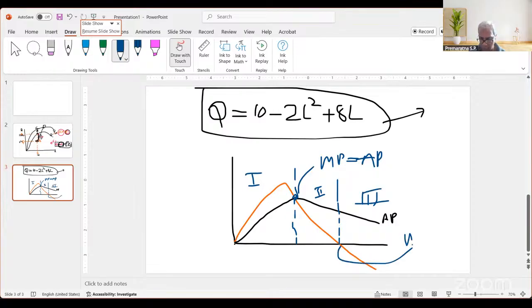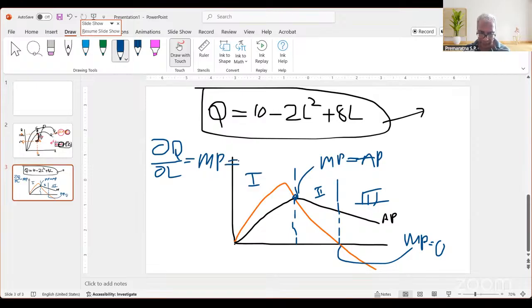To understand marginal product equal to 0. So the equation right now I gave you, I don't know whether you can get numbers because I just wrote it without estimation and calculation. But there you can differentiate the total product with respect to labor, you can get the marginal product.